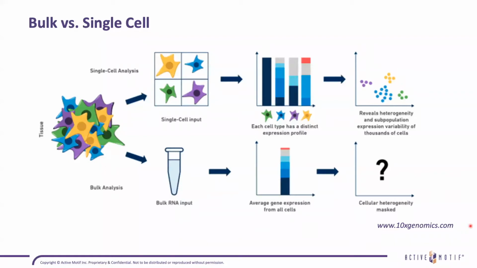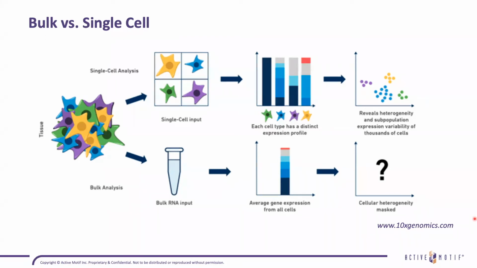This schematic compares the type of data that you could be missing if you simply performed bulk sequencing rather than single cell. Certain cell types within your population may have very different gene expression profiles. In bulk sequencing, these are all averaged together, but single-cell sequencing reveals those subpopulations and allows identification of them within